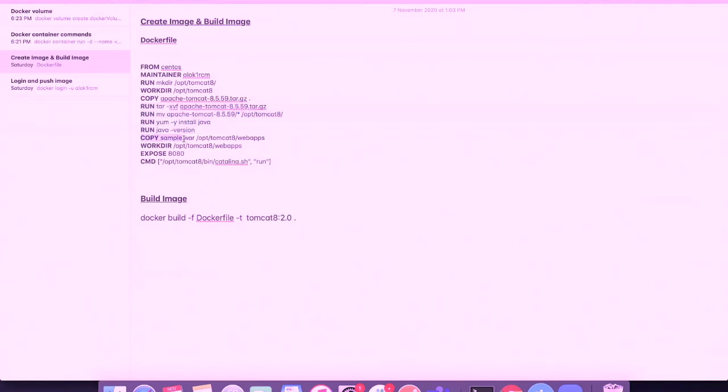I'm copying one more file, that sample war file, to the webapps folder of that Tomcat. The working directory I'm changing to webapps. Okay, I'm exposing port 8080, and by default you have to give one command. Once any container is invoked out of the image, this will execute this script. Okay, till here we are clear.